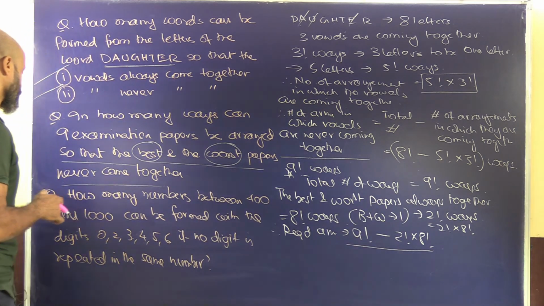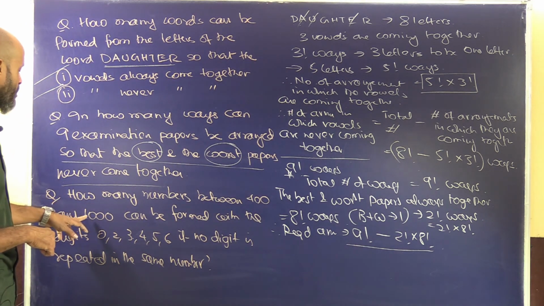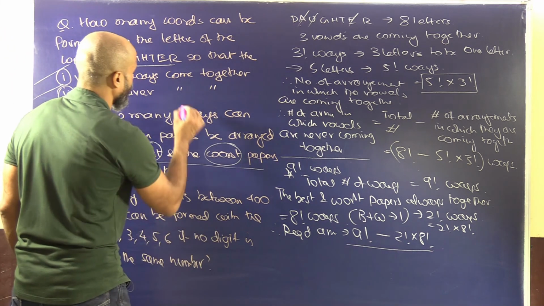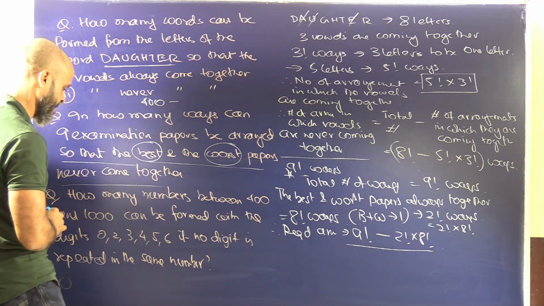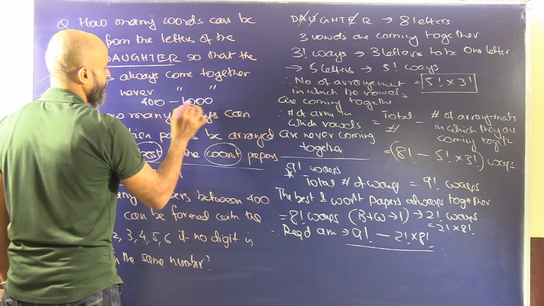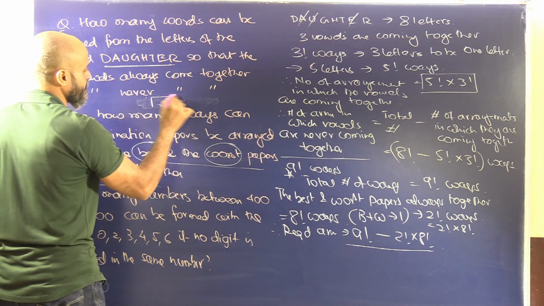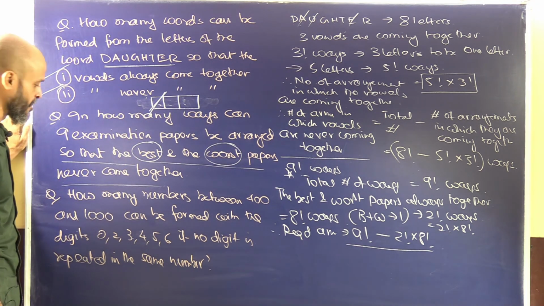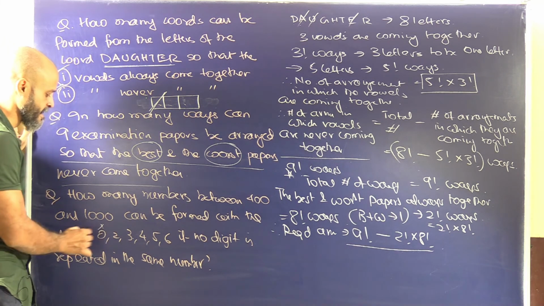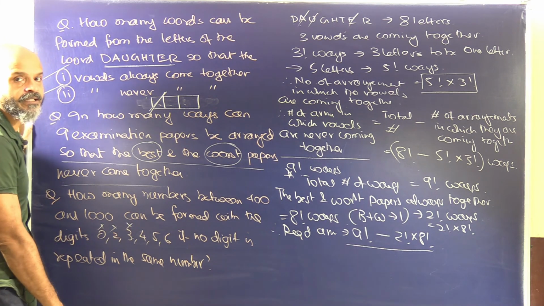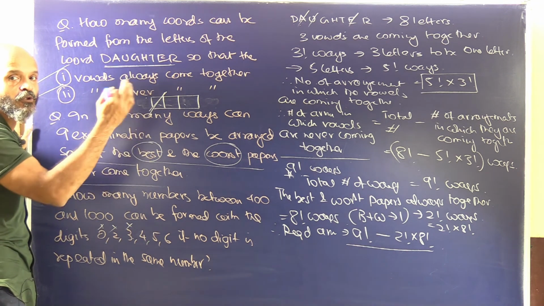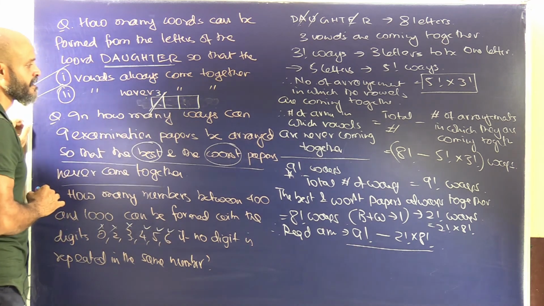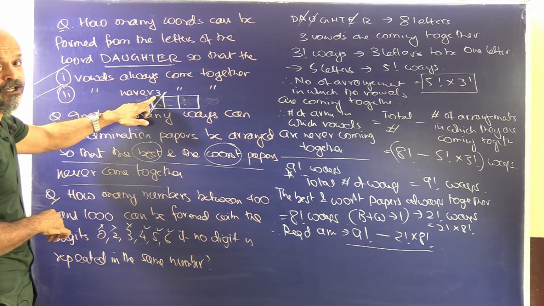All right, so we have the next question here. How many numbers between 400 and 1000 can be formed with the digits 0? Between 400 and 1000, we basically have all 3-digit numbers. Look at the way in which the first place can be filled. The first place cannot be filled by 0, 2 or 3, because all these numbers have to be equal to or greater than 400. So it can only be filled by 4, 5 and 6. So the hundreds place can be filled by only 3 numbers.